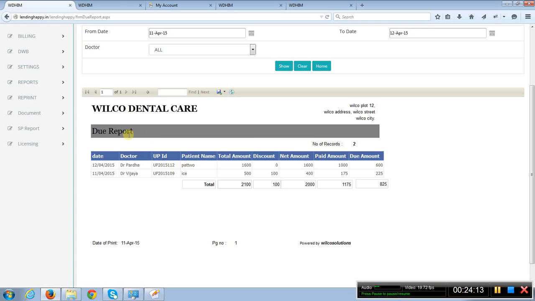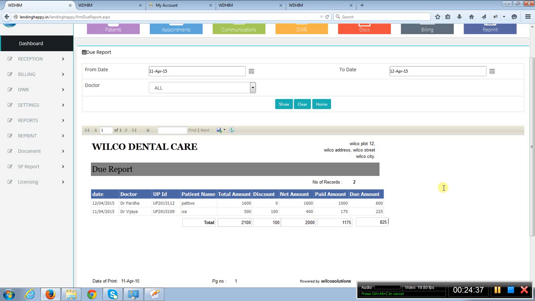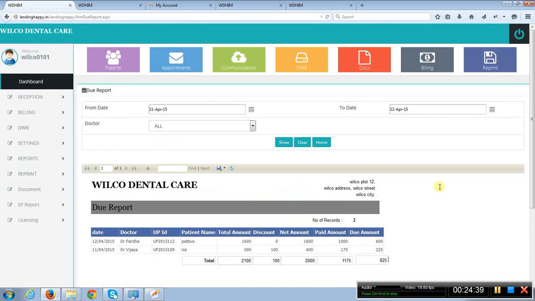So now let us see what exactly this due report is showing. For this particular doctor and this particular patient, the total amount is this and the net amount is this payment. It's basically a due report for all the patients, and it will also show the consolidated amount, and basically it will be a patient-wise report. Fine. And the second report,